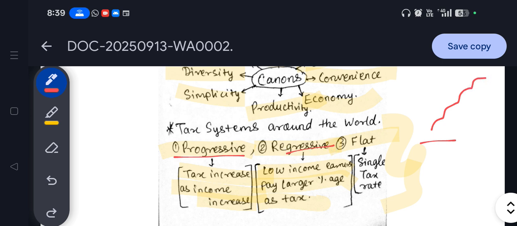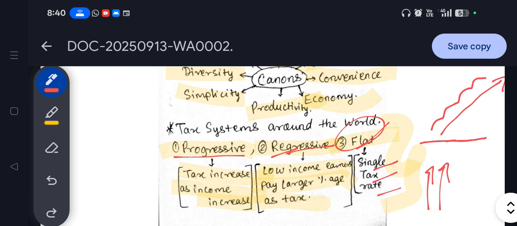It means what? In the progressive tax, as income increases the tax should increase, that is the common thing, right? But when income is constant, and every time the market doesn't improve, but the tax is rising slowly depending upon market rules and regulations and other market behaviors, then that type of tax is known as regressive. Flat tax system means a single tax rate on some or other common products and services.